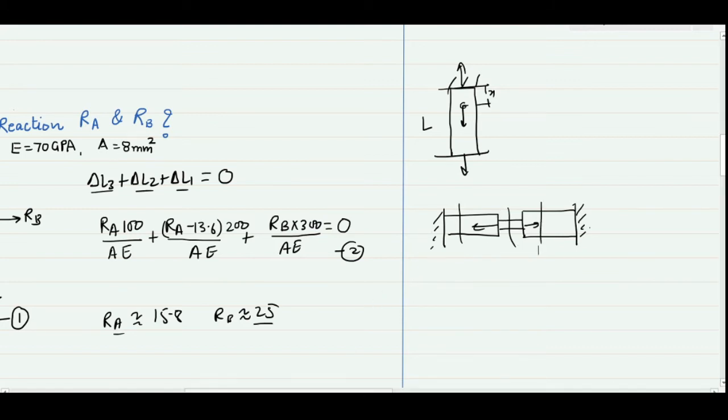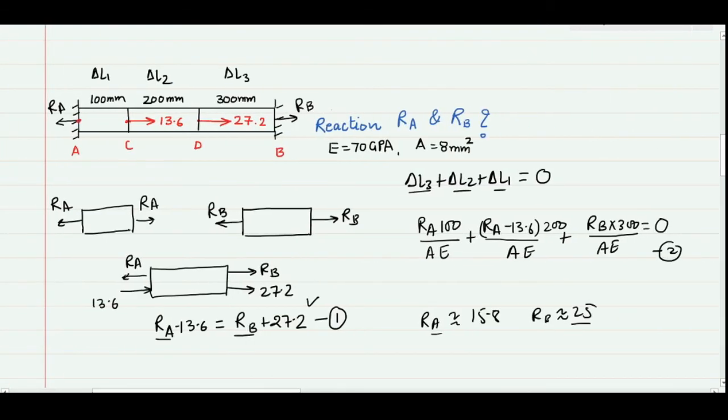You can see here that in this problem, if I get the reaction, I can also get the stress value. The stress value will be what? The reaction force Ra divided by the cross section area. Similarly, we can also get the strain in the first, second and third member. So this is all about a problem where we have to find the reaction and the system is statically indeterminate. I will request you to practice such problems.